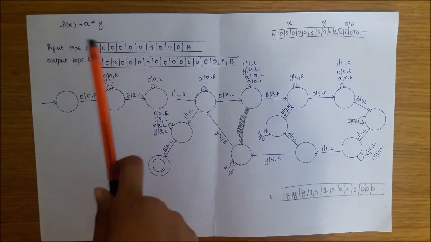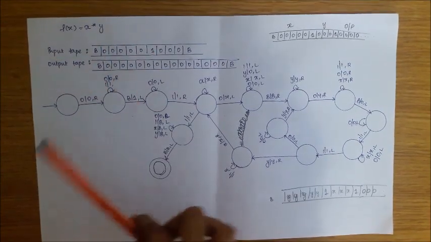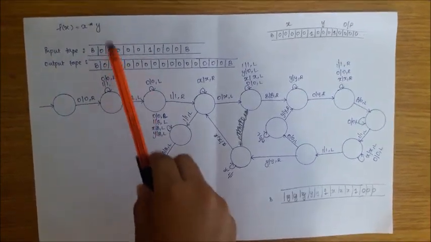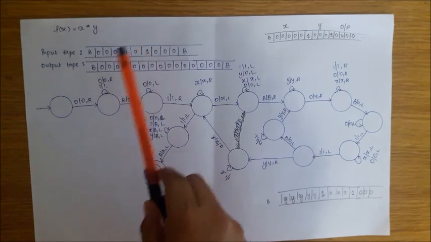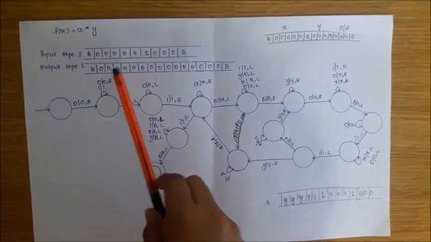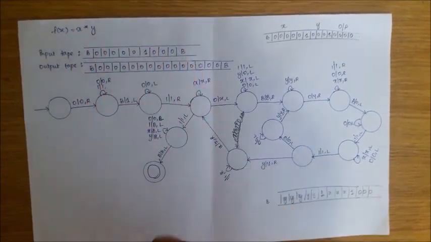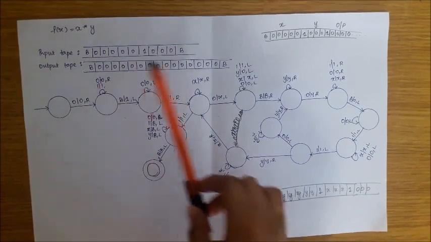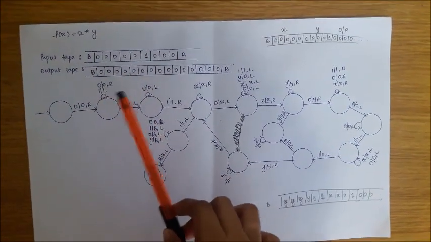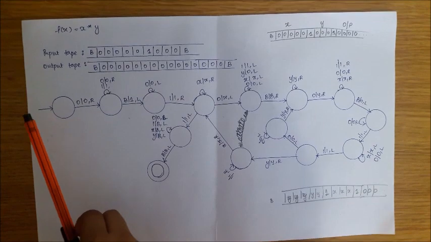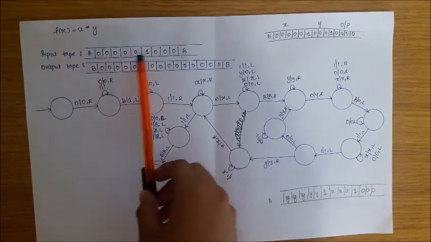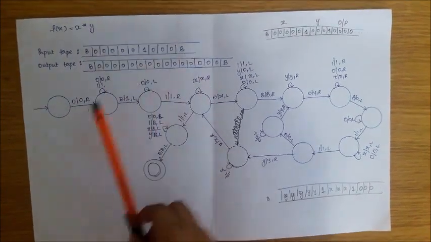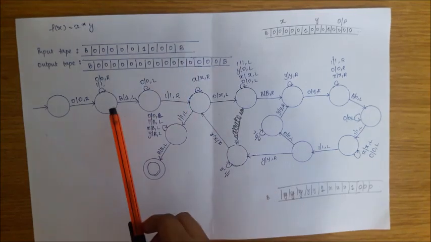This is the Turing machine which will compute x into y. The input tape contains the values of x and y which is separated by 1. Here we have assumed x to be 5 and y to be 3. The output tape contains the result of the computation. First, in the Turing machine, it ignores all the zeros and ones until it finds a blank. The blank here is replaced with 1.